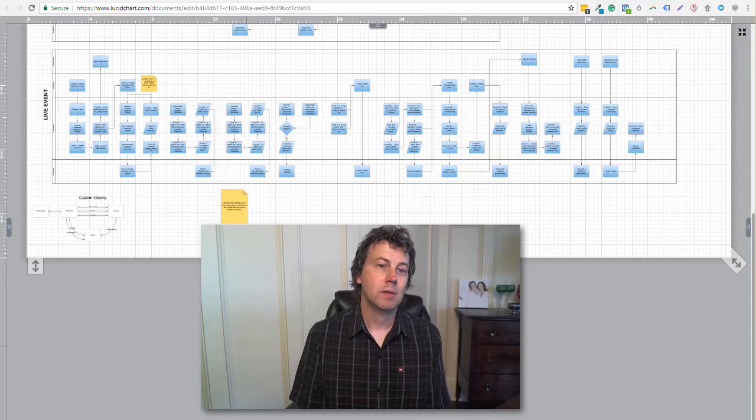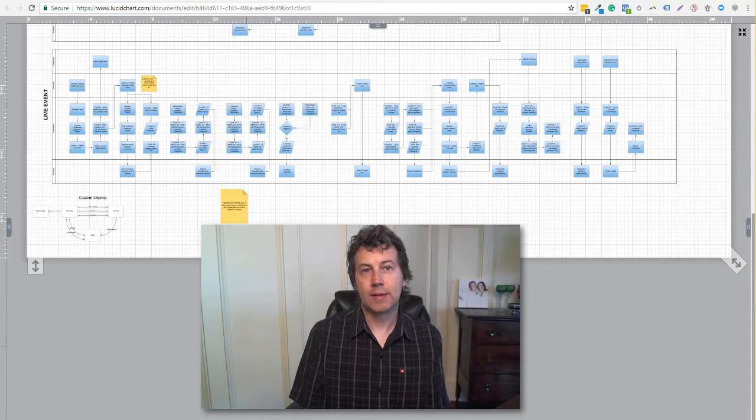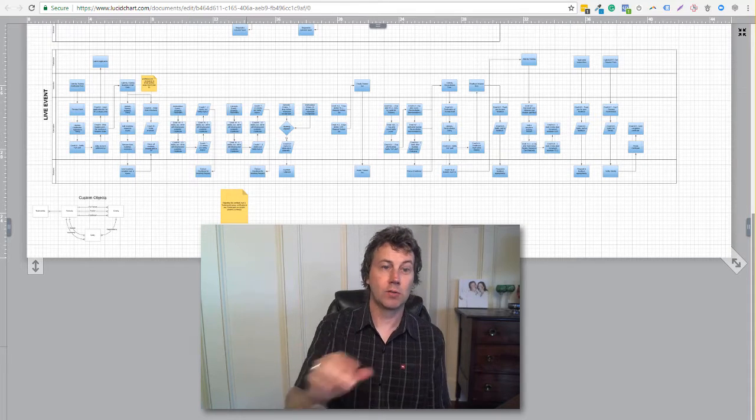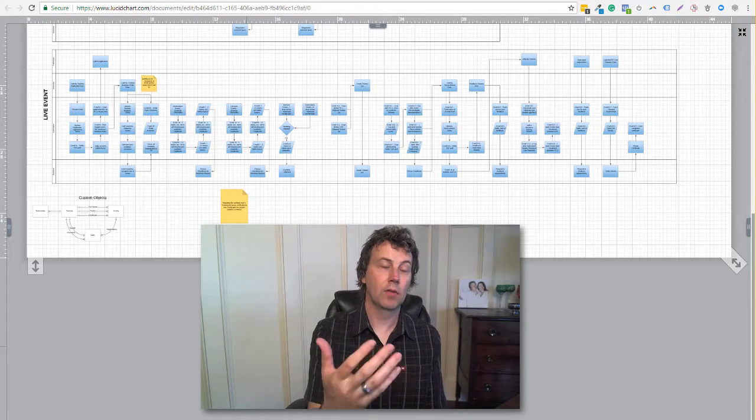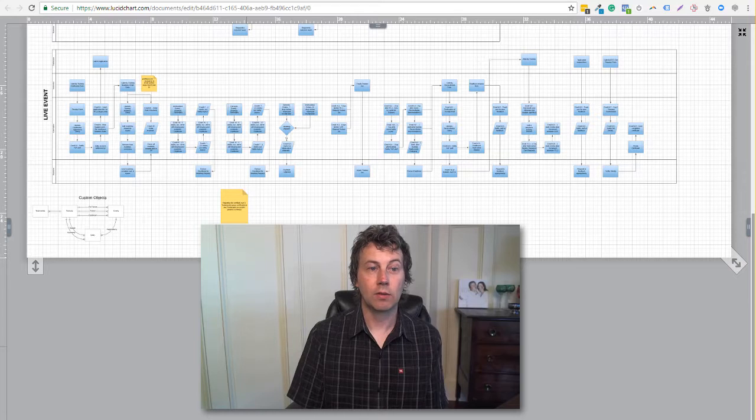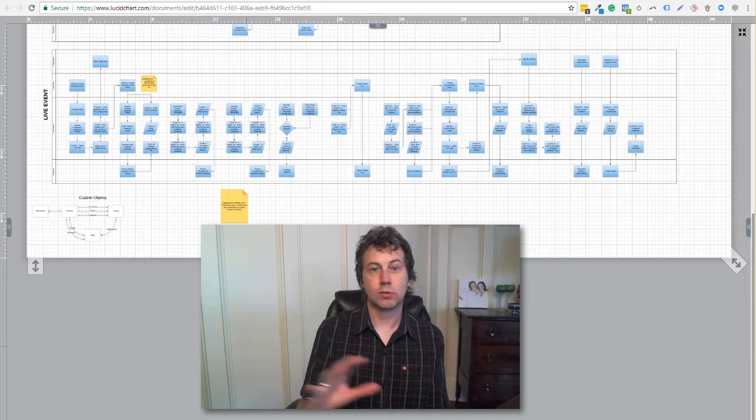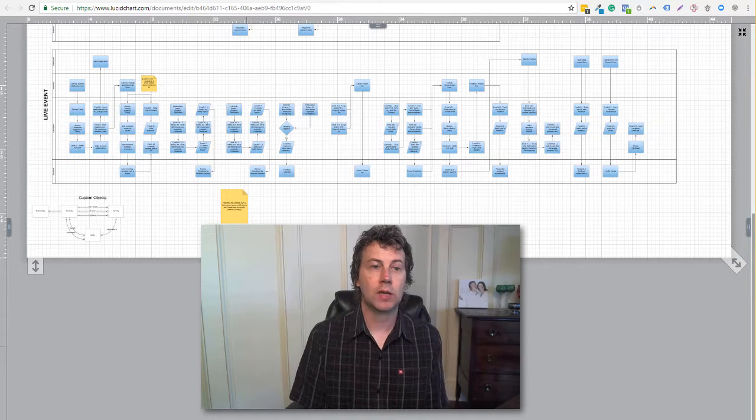Now, maybe we want to visually see some contact records, but as far as I'm going to drag and drop cards and update tasks, no, because we're going to have to go in and do things with those contact records. So just dragging a task isn't going to help us. So I think